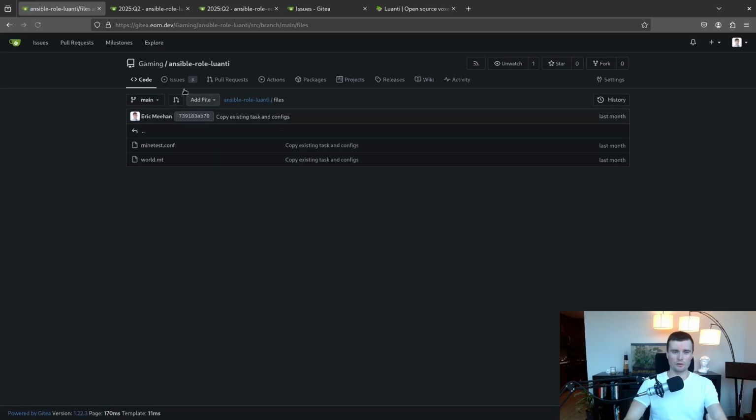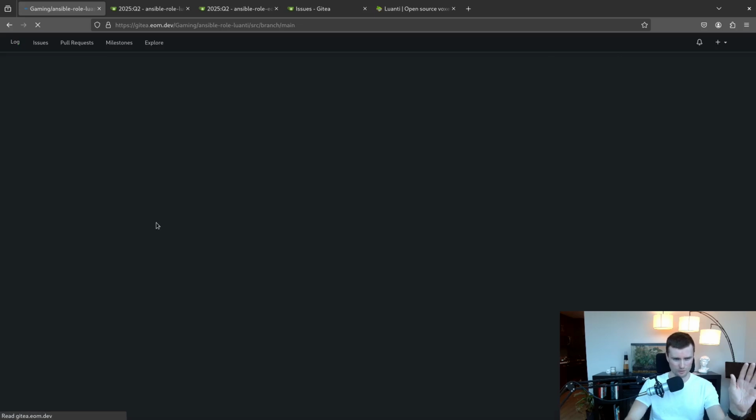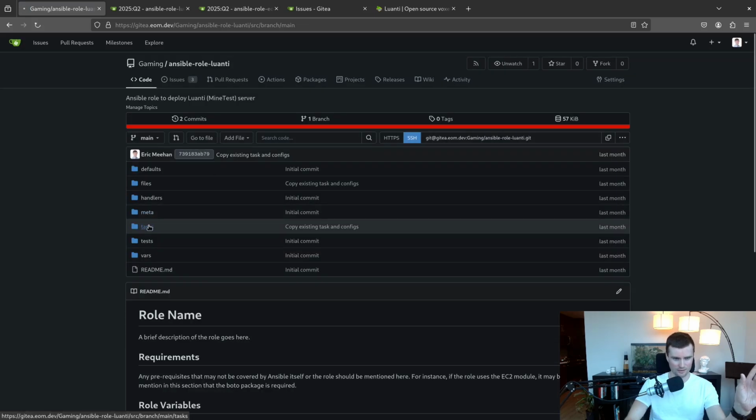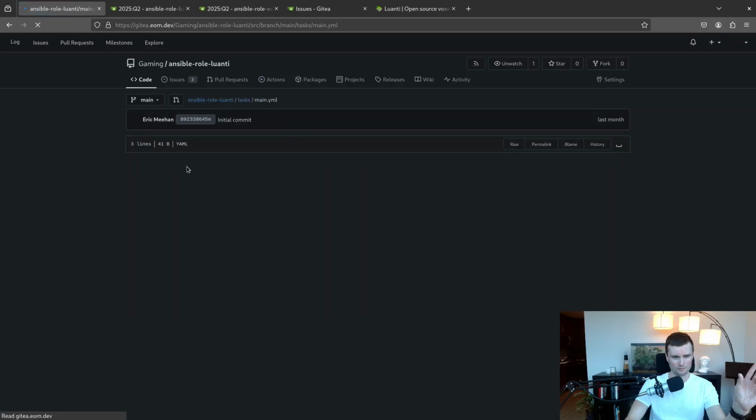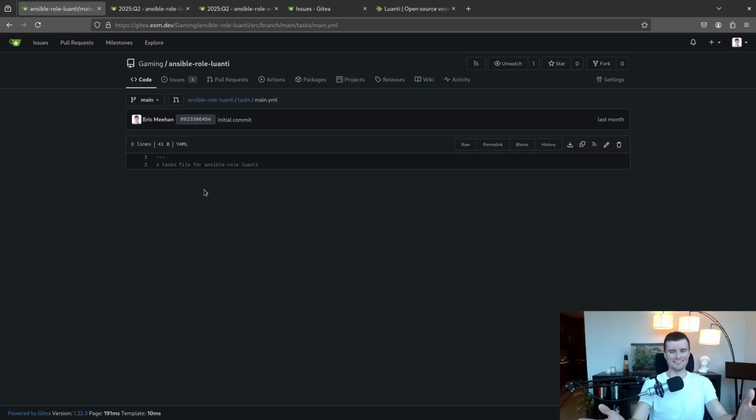First of all, the issue that I just highlighted is saying that when we actually use this playbook, we can look at the tasks, main, and okay, there's nothing in this. This is a placeholder, I see. But if we were to have code in this, this is where we should have the task. The code should be here that should do the thing that this issue is talking about.